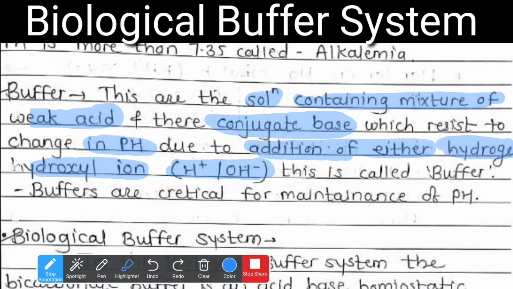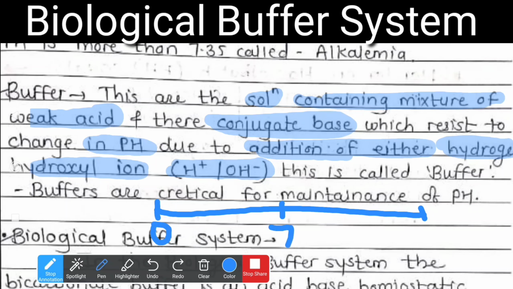So first thing, you should know about the pH scale. The other name for the pH scale is none other than Sorensen's scale. Here I have drawn 3 points. This will be my 0, this will be 7, and this will be 14. From 0 to 7 you have higher H plus content, whereas from 7 to 14 you have higher OH minus content. That is what we call the hydroxyl ion.